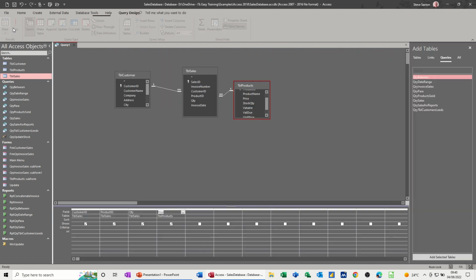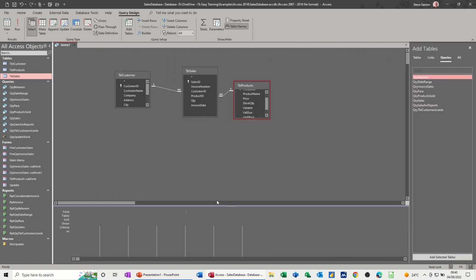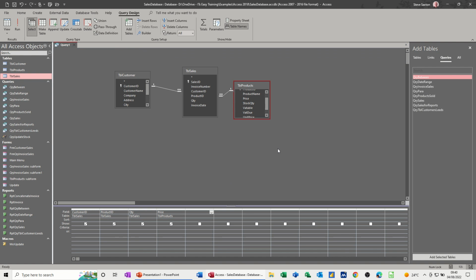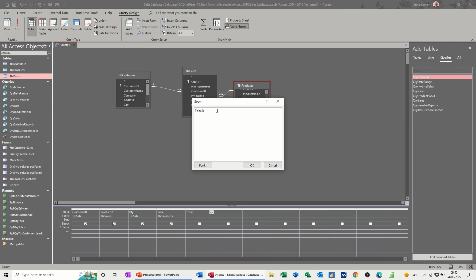So I'll try that one. So it's going to be in there. I'll just call it total. Can I call it total? I think I can. You can't call it anything that's already got a field name. I'll do Shift F2 so you can see what I'm doing. So total is going to be